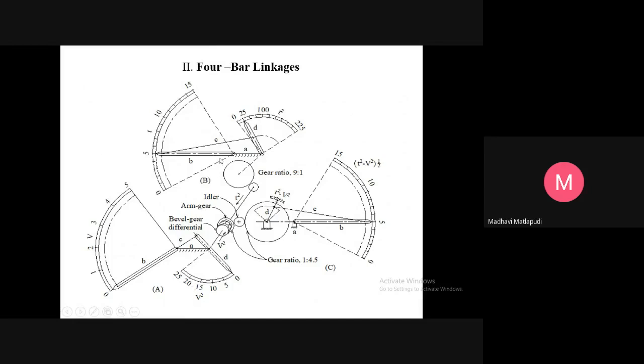Now, when you go back to linkage set B, the same exercise. Here, A is fixed, B is this, but C and B are not collinear here. C acts as a coupler link here. Then D is the output. But here the input is T, time. The time goes from 0 to 15 units. Then that output link will give you 0 to 225 as a T square value. So here the path driven by D is again the square of the input value.